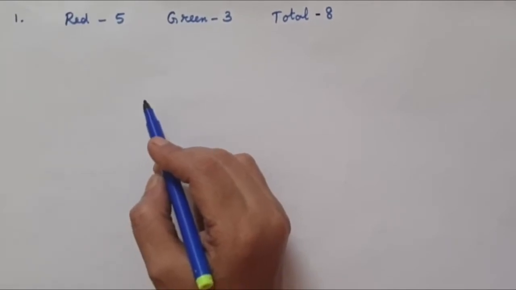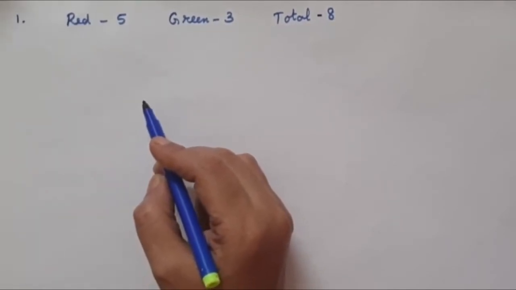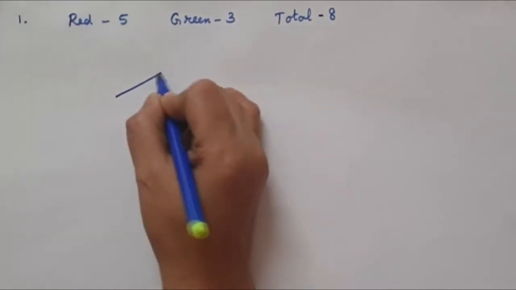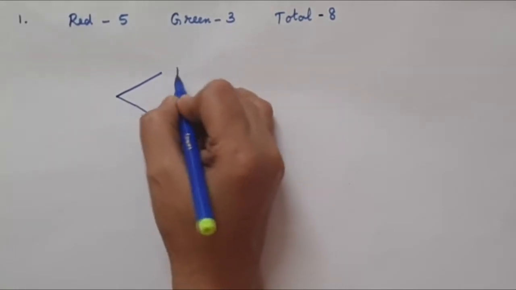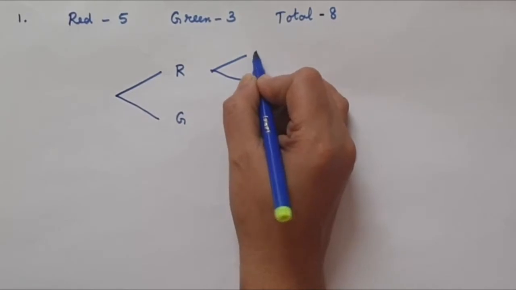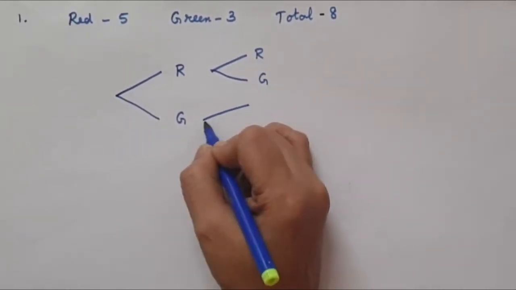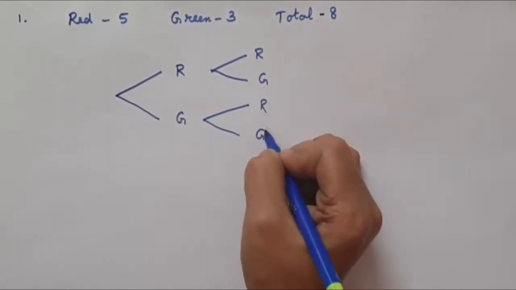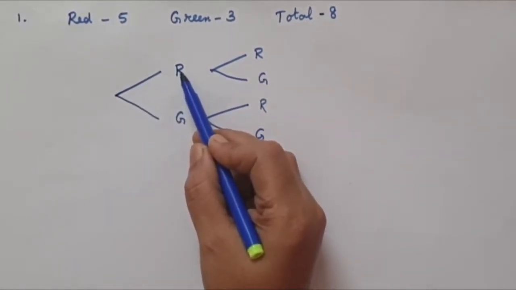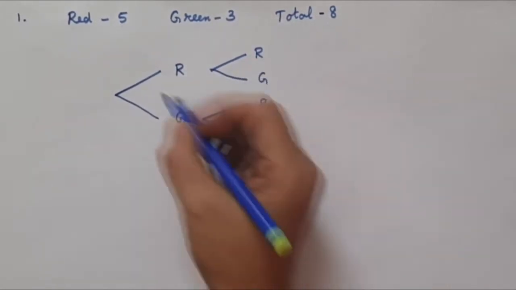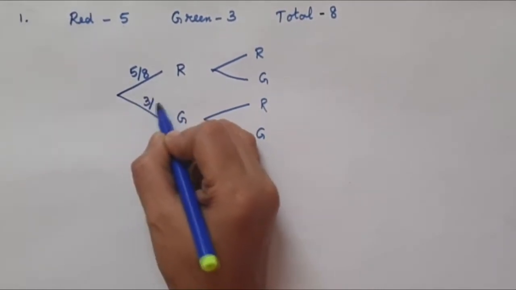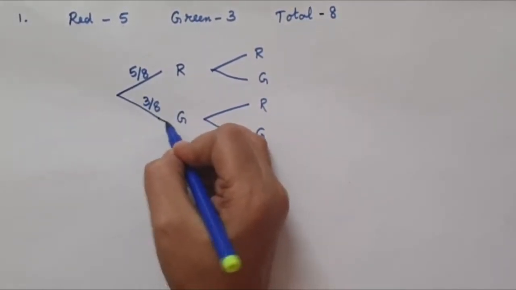So from this we understand that we need to draw 2 branches for the tree diagram. So in order to draw, for the first time, we write red and green. Again, for the second time also, red and green. Here too it will be red and green. Here the numbers are given. So what will be the probability of getting a red? 5 red are there, total is 8. So it will be 5 over 8, and a green is 3 over 8. We write the probabilities along the branches.